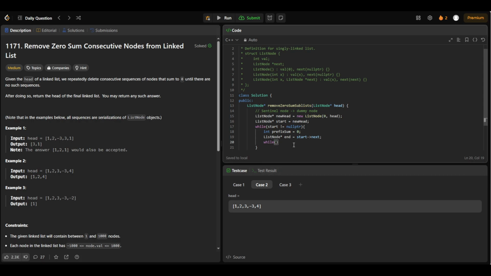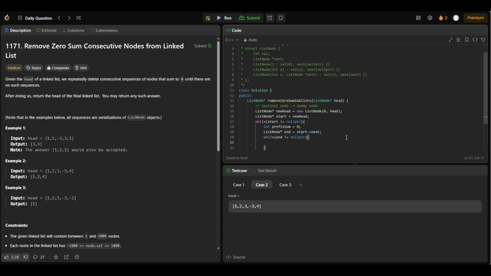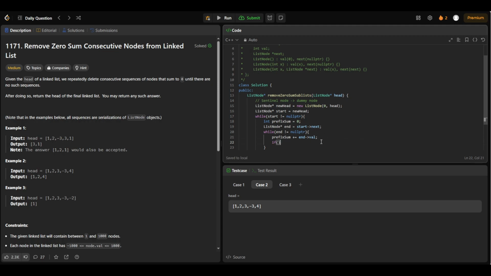What this nested for loop or while loop does is that it keeps on increasing the pointer to the next one. So this would be very similar to the previous while loop. But now this time it should iterate until it reaches a null pointer, right? And then I'll just update the prefix sum. It would have the already existing prefix sum and the end value which exists in the end pointer, and then we'll check if